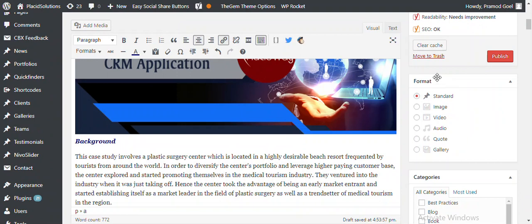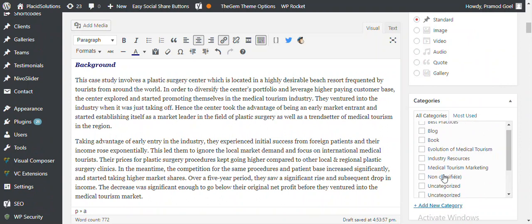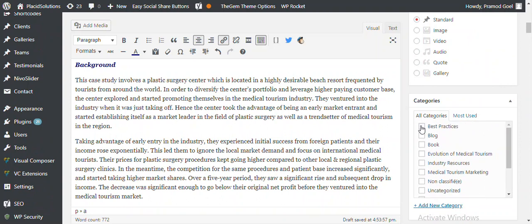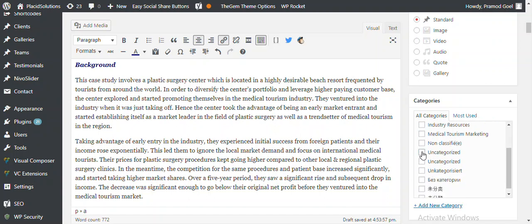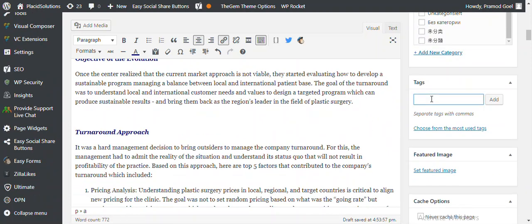Next, format, we will leave it like this. Categories. From the categories list, you can select which categories this content or text belongs to. So let's say best practices, blog, book. This is something I just randomly decided. Or if you have a specific category that doesn't belong to any of them, you can click on add new category. Tags, of course, are related to the keyword, so we can do medical tourism,